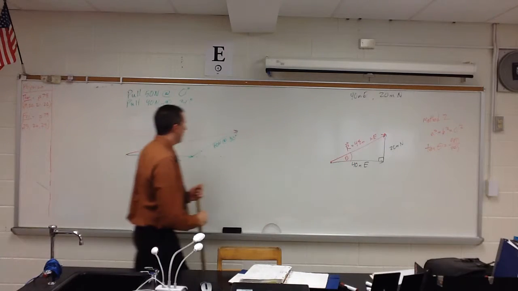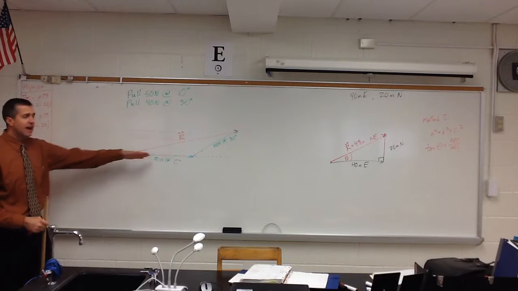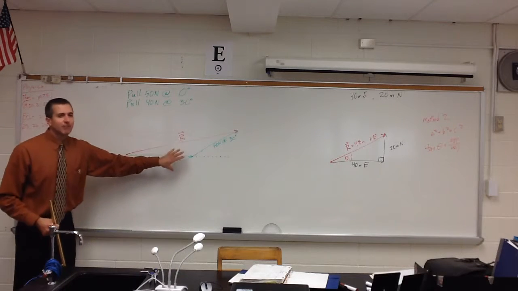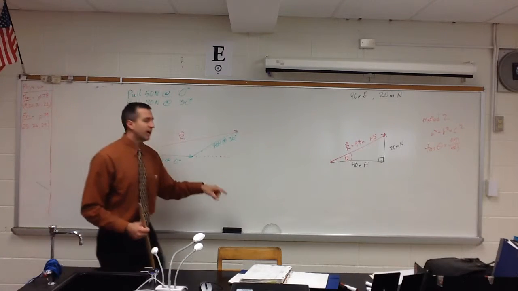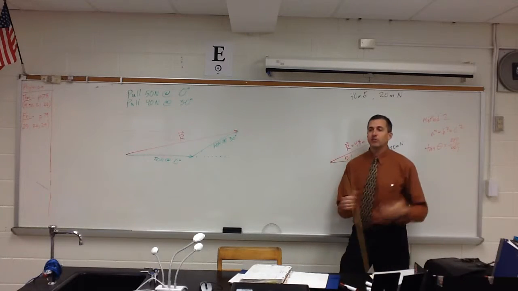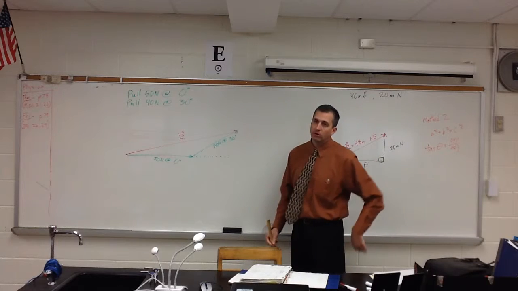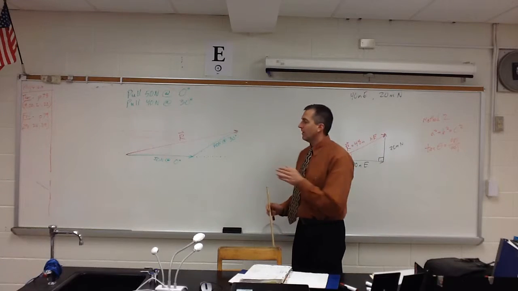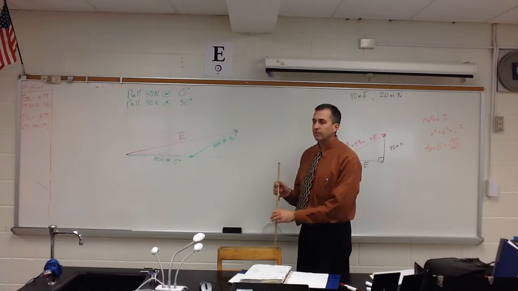And how do I figure out how big this resultant is? Because now I got a problem. This is not a right triangle, and when you don't have a right triangle, you can't do a squared plus b squared equals c squared, and you can't do tangent because those things only work with right triangles. I don't have a right triangle. What do I do? Well, at this point, that's why you should have drawn it to scale and accurately, because